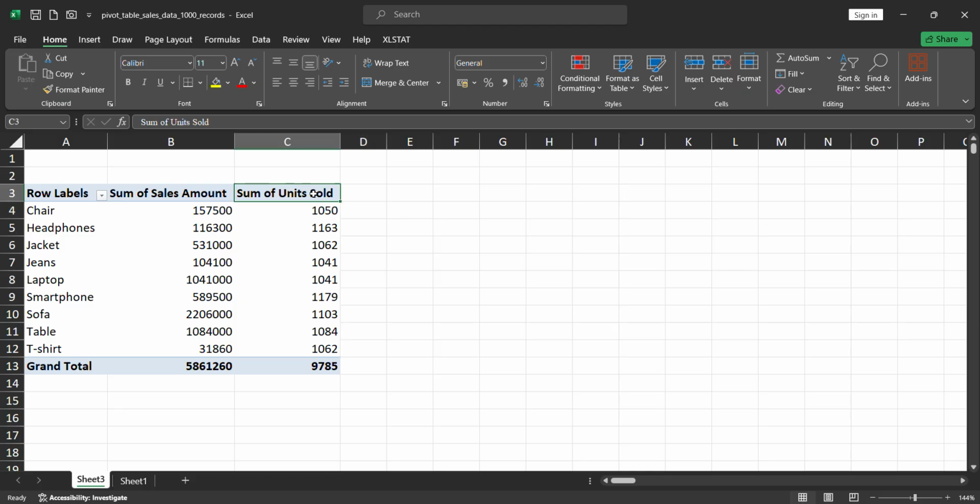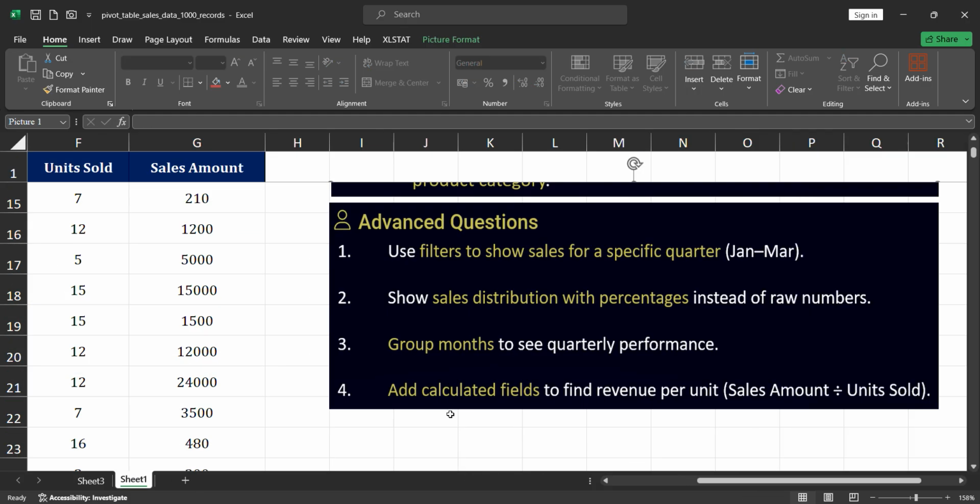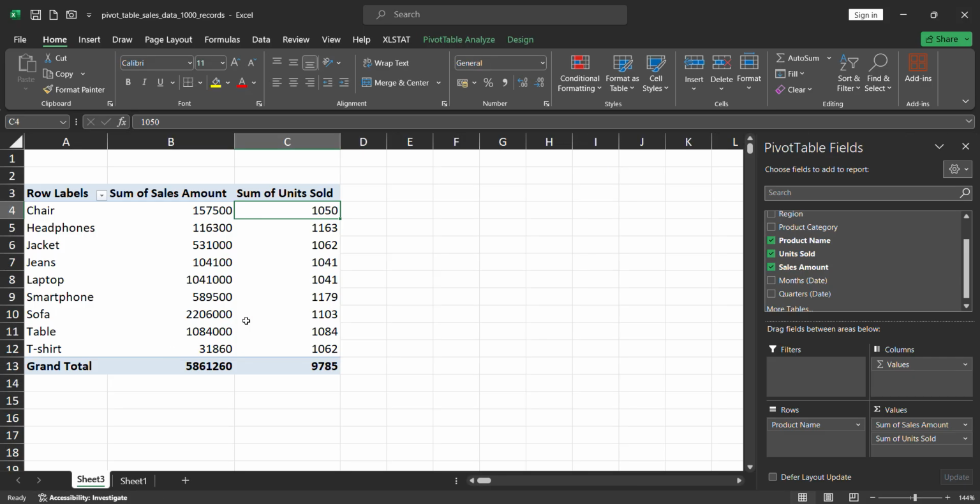But here the problem is it is taking sum of units sold. Yeah, it is sum of units sold, ideally yes. But what was the exact question that you wanted? I'll calculate fields by sales amount divided by units sold. That we need to do as part of the pivot table, not separately. So for this, what you have to do,